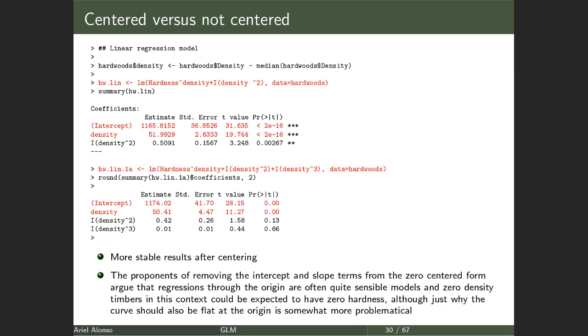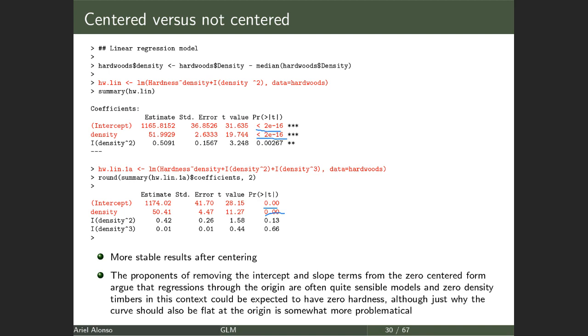The second interesting thing is that now the intercept and the linear term are highly significant in both models. When you work with the uncentered variable, they were not significant. When you center the variable, they become highly significant. So the proponents of removing the intercept and slope before, when you had the centered version of the covariate,